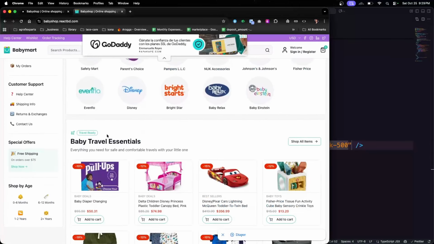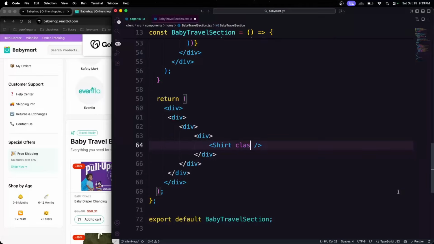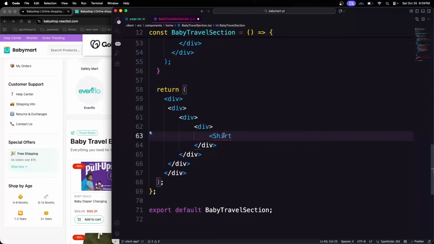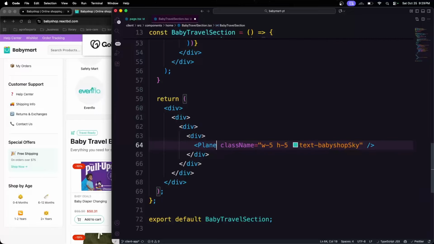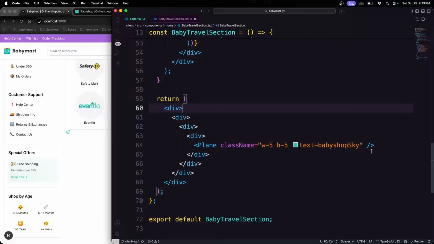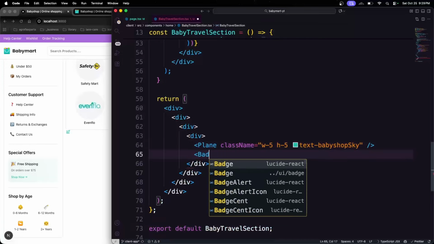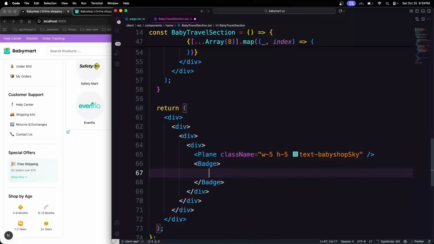Okay, so this is the baby travel. No, I think I'm on the wrong side. Instead, the second one should be coming for the plane. Okay, yeah, that's the one I'm talking about. And then there should also be a badge. I think for the badge, instead of self-closing, it should be similar, like travel